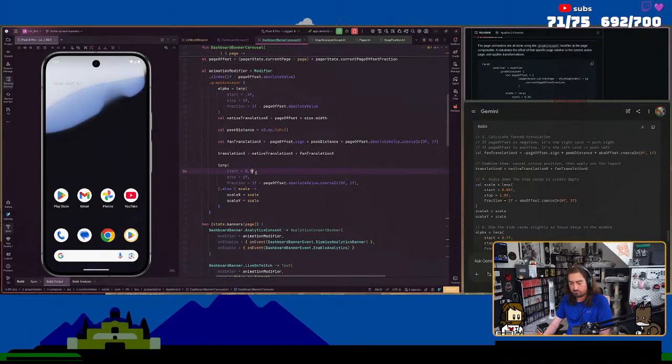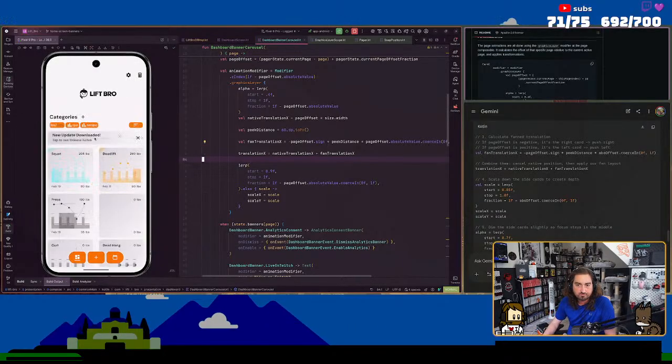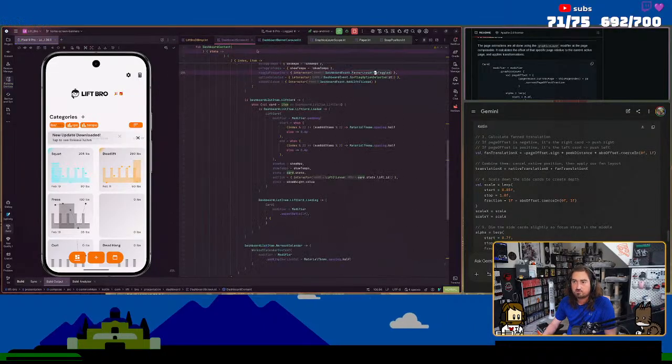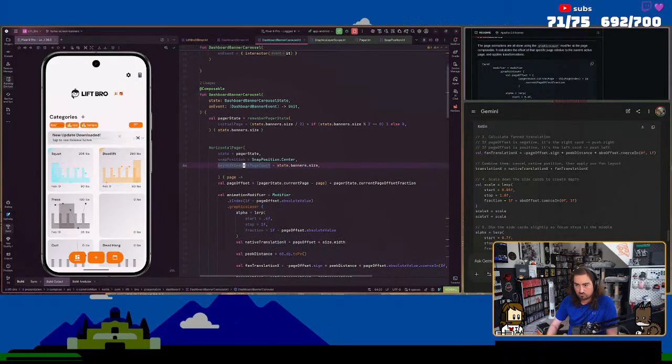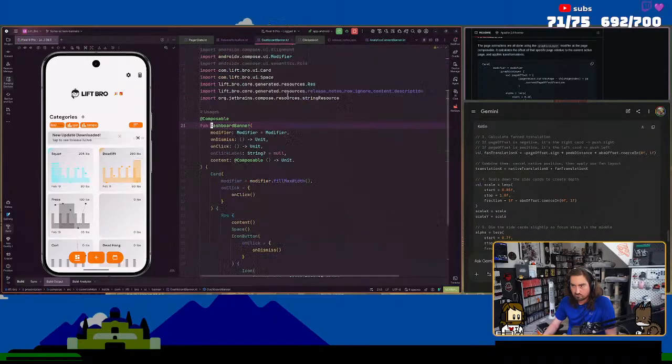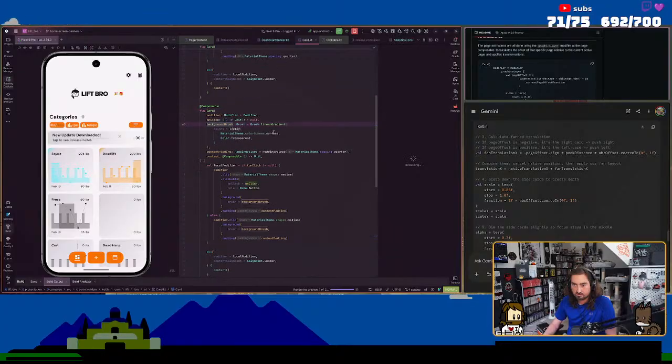Well, I guess this needs to be like 0.9 or something, right? Because I want it to be pretty large right beside. But I also want the scale. Oh, that's more what I want. The problem is that our dashboard banner, all of them are using this card, which has a background brush.